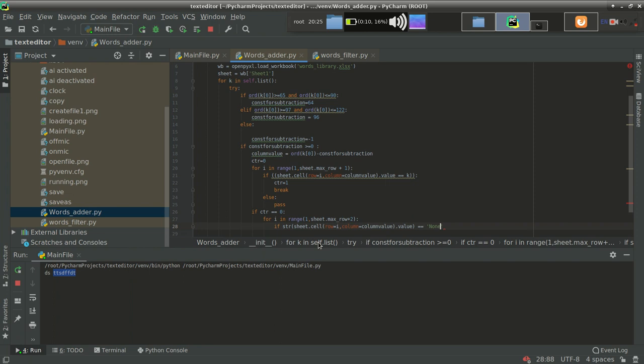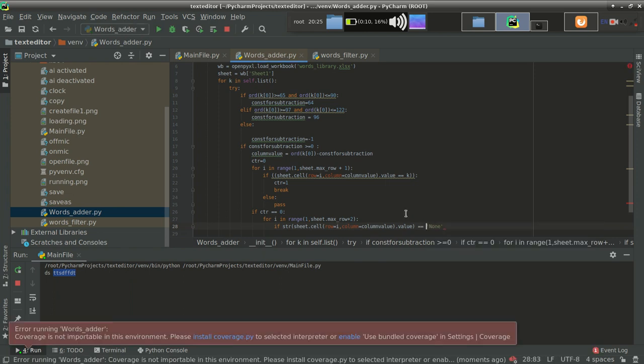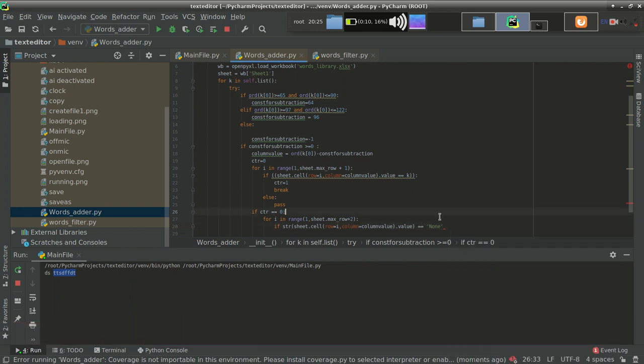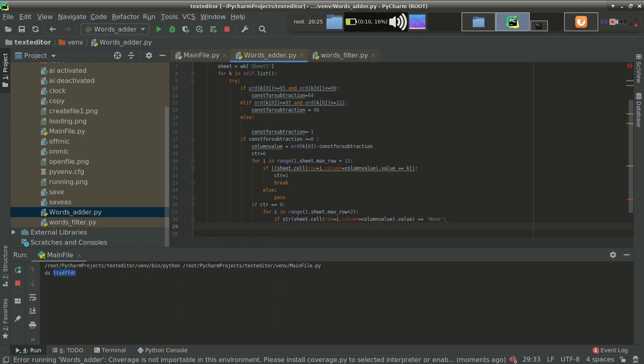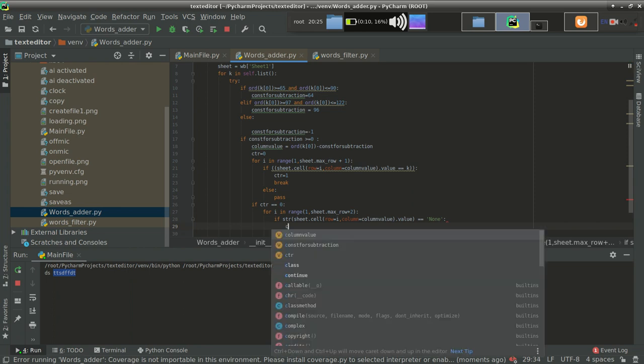Actually what happens in an Excel file, if there is no data inside a cell, then automatically Excel adds none to that cell. So this is the concept. If that cell contains none, it means nothing is over there. So what we will do, we will simply put the word into that cell, because that is the required cell. So how do we do that?